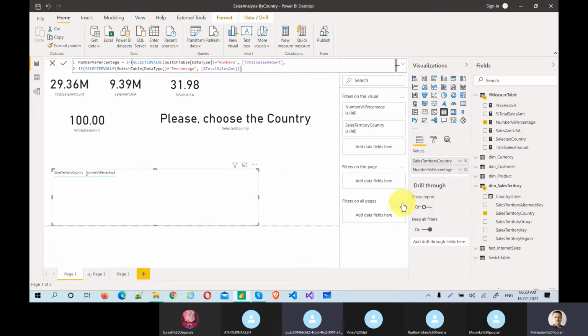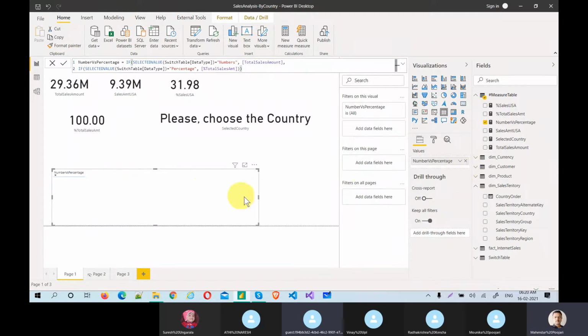Okay, countries, total percentage. Actually, total percentage is nothing. It's coming blank, which means this is not working. See, if the selected value from the table is equal to number, give the total sales, and if the selected value is equal to percentage, give the total percentage. Looks good to me. But why is the result not coming? That is the question.